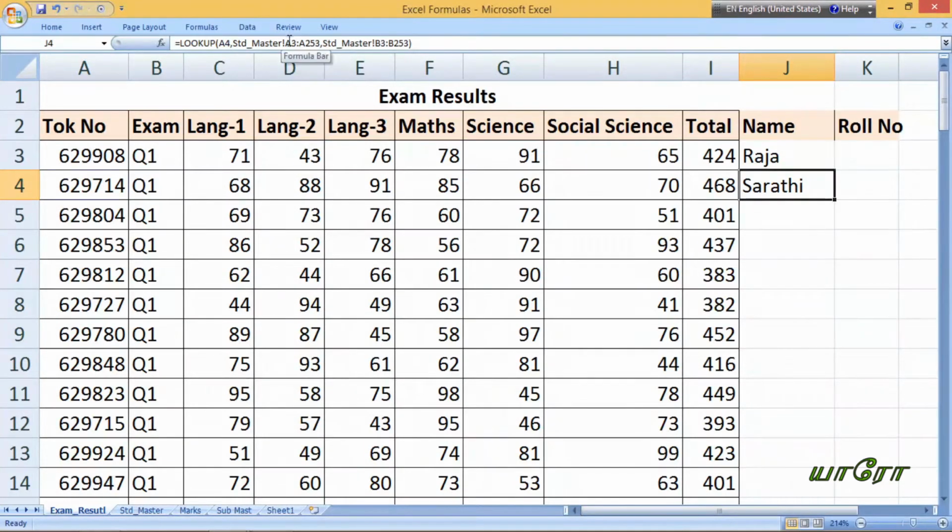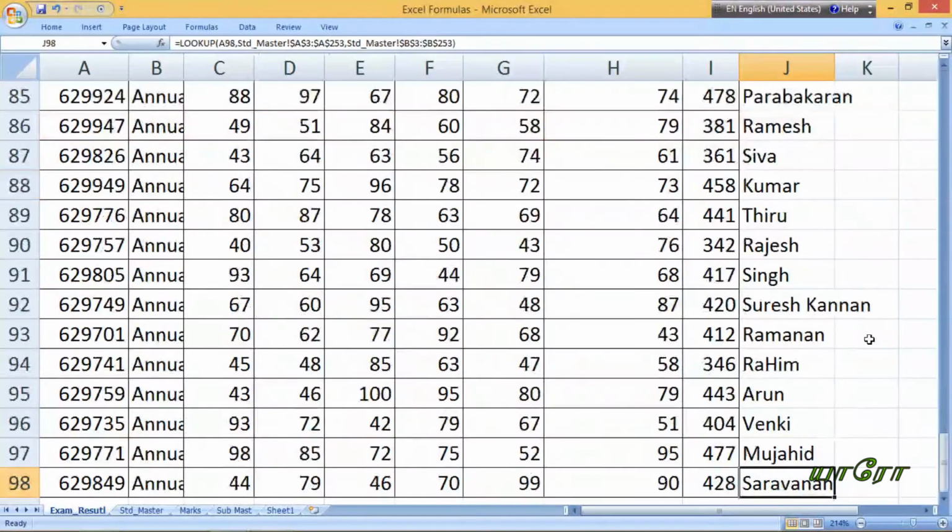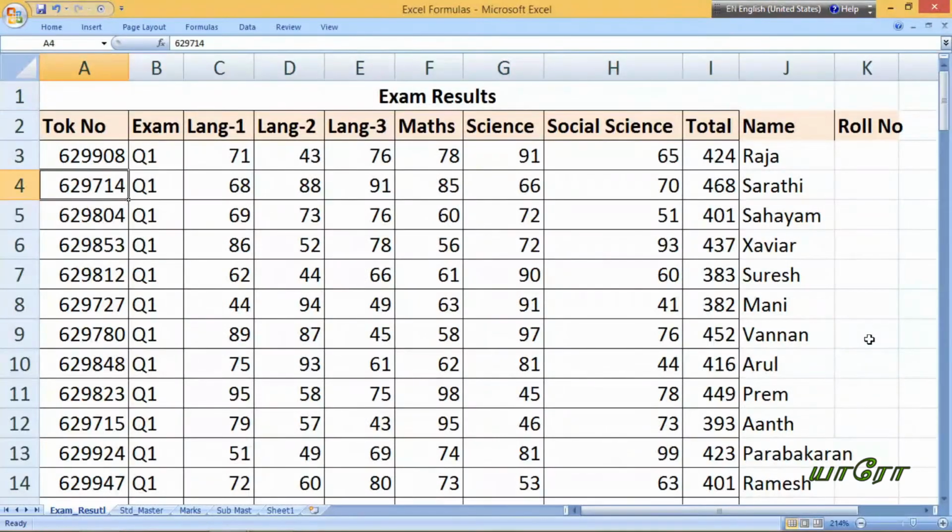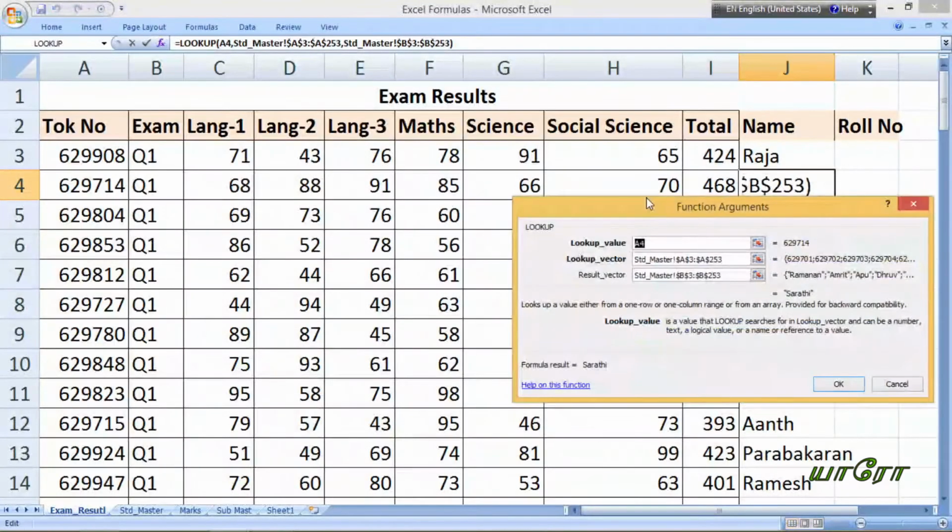For your understanding, pressing F4 will add a dollar sign. Now press enter, and double click. The entire data has come. See how this is different from VLOOKUP.